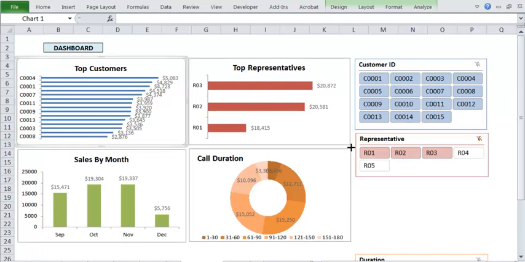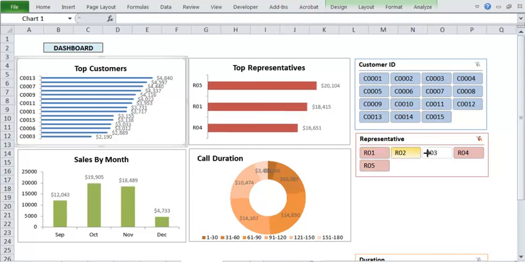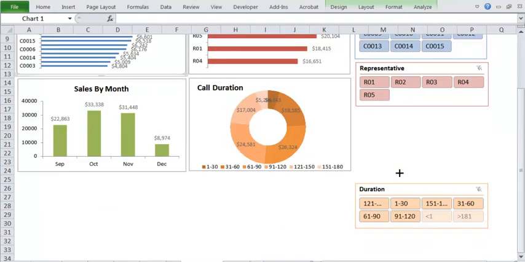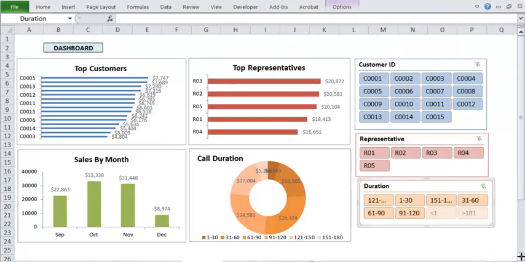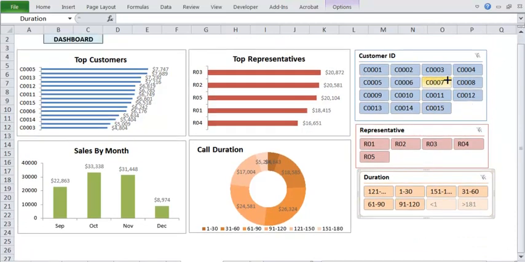Please note that this is already filtered. So what I can do is I can select all the data. So these are your top representatives. So 3 representatives, 3 is the best one. Now these are your slicers. What I have done is I have put these as the slicers. So you can use these slicers to change all of this. That is the best part.